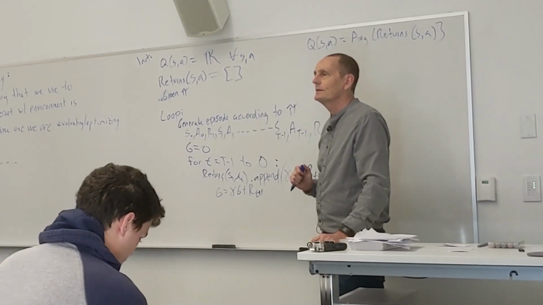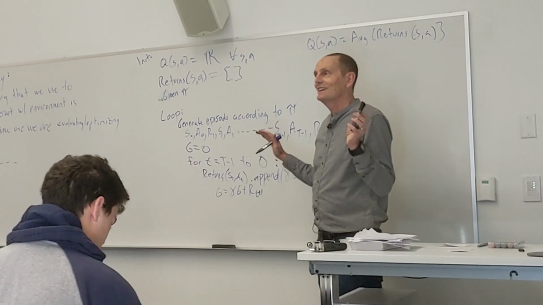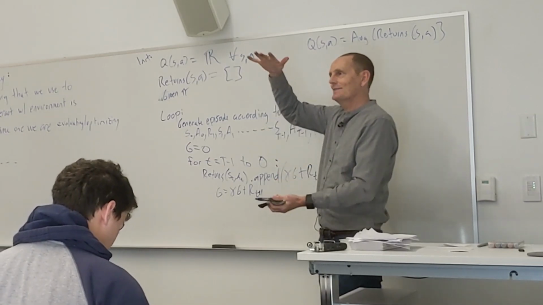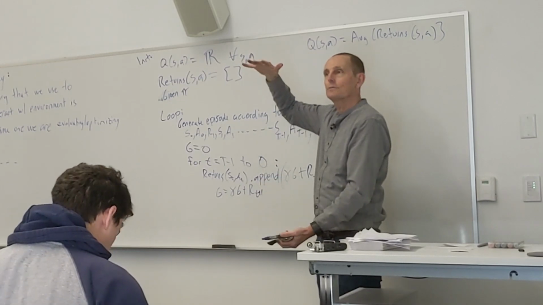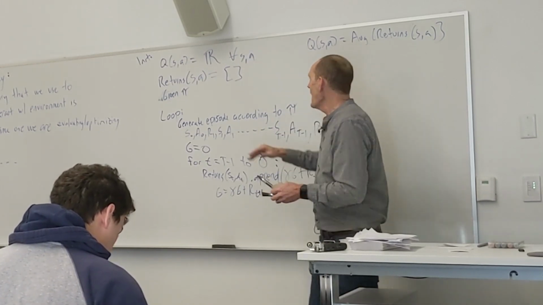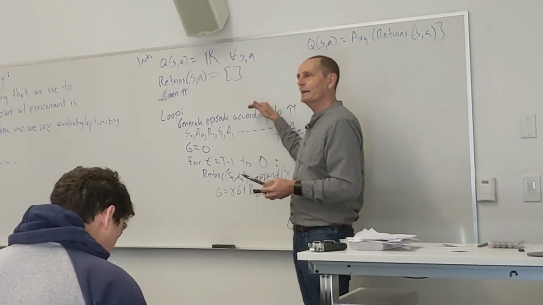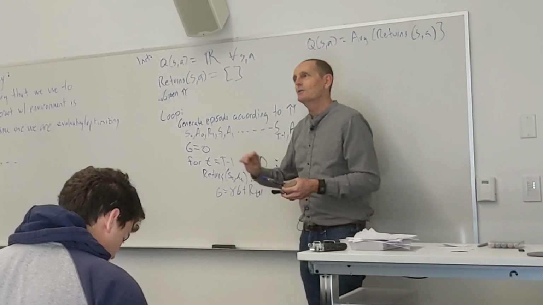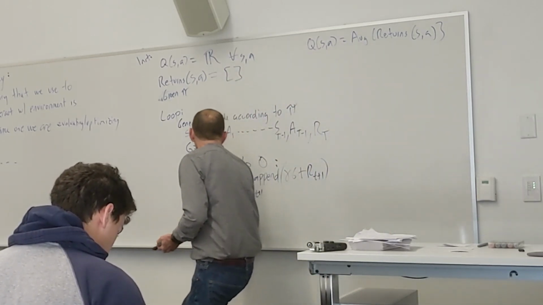There's no guarantee that we'll have updates for every SA pair, though. We for sure will not. We will have updates for every SA pair that exists in our episode. So that's what the outer loop is. The outer loop is we're going to keep doing episodes and seeing what happens. Okay, we're not quite done. We want to say something like Q of SA